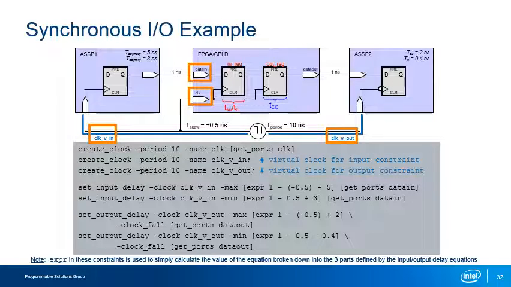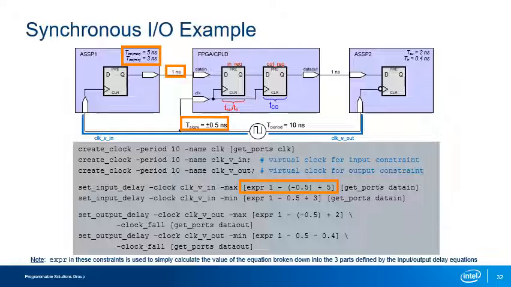The actual external delay values are broken down into their factors using the Tcl expr command. For example, for the input max delay highlighted here, the delay is equal to the maximum board delay of 1 nanosecond minus the minimum clock skew of minus 0.5 nanoseconds plus the maximum T_CO of the external device